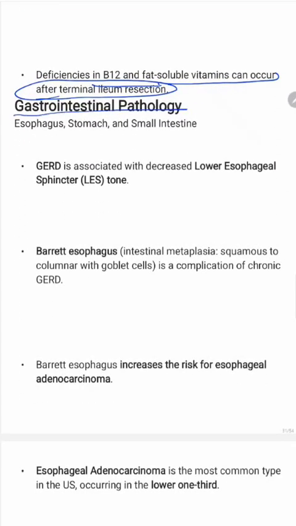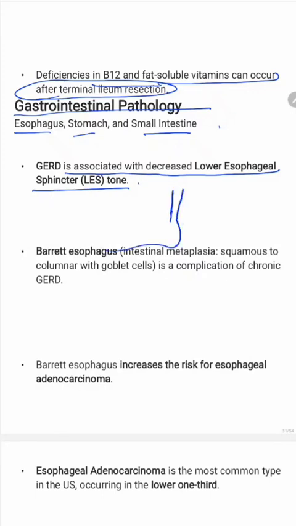Okay, now pathology. Esophagus, stomach, and small intestine. So what is GERD? GERD is gastroesophageal reflux disease. It is associated with decreased lower esophageal sphincter tone. This is the esophagus, and then it opens into the stomach. There is a sphincter. If the sphincter is relaxed, then the gastric content will reflux into the esophagus and it will destroy